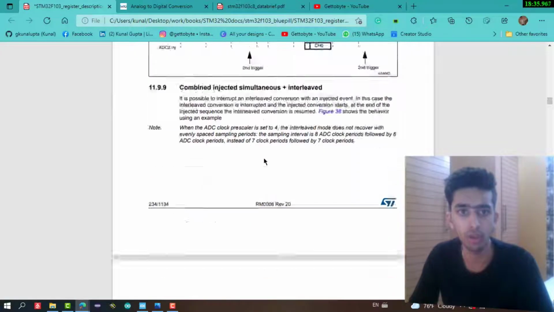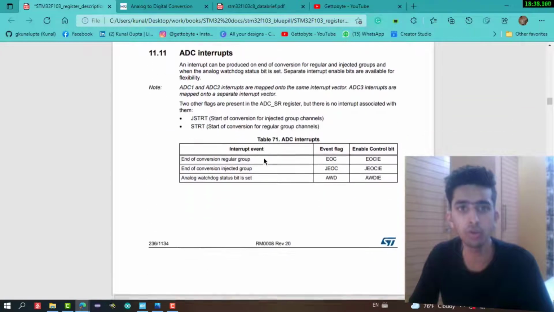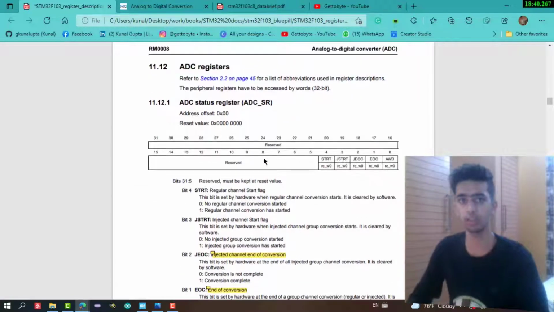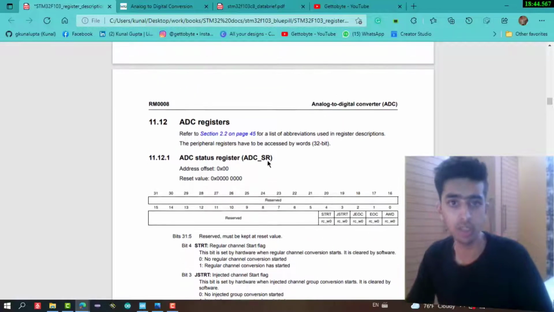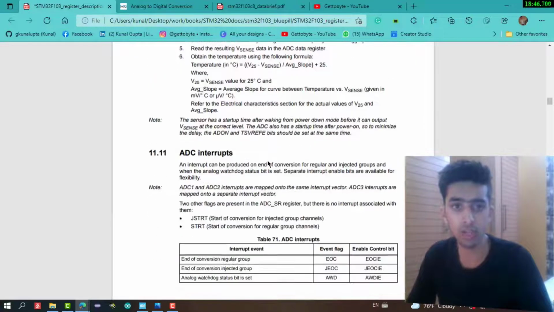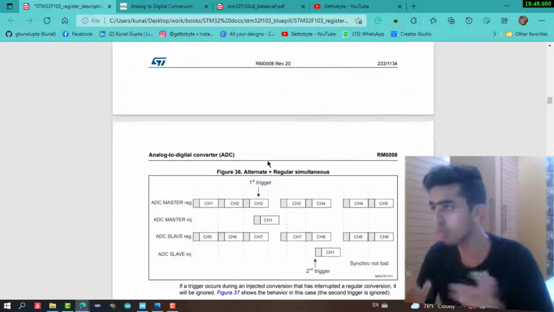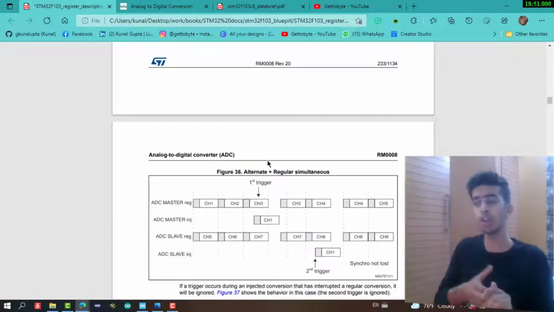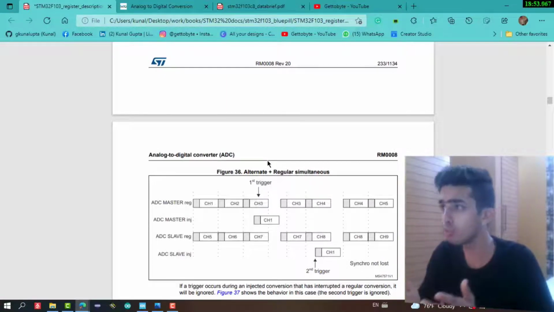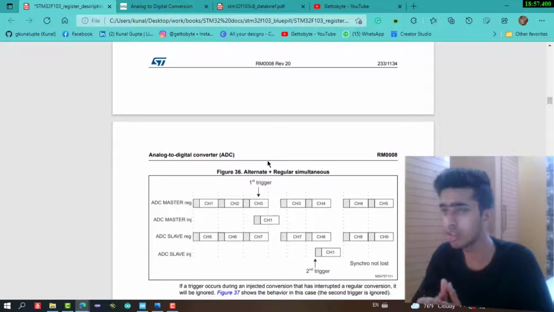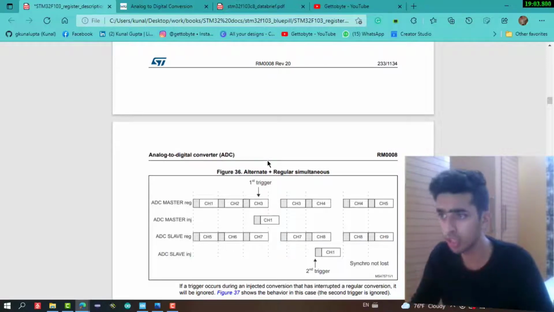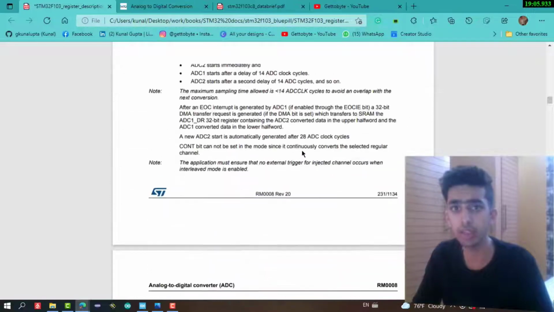Now we will get to the ADC registers. In the next video we will start with the registers. I hope in this video you got to know the ADC peripheral overview of STM32 microcontrollers. We have covered the types of groups in the ADC peripheral, the types of conversions, its scan mode feature and when to use DMA, and the external trigger.